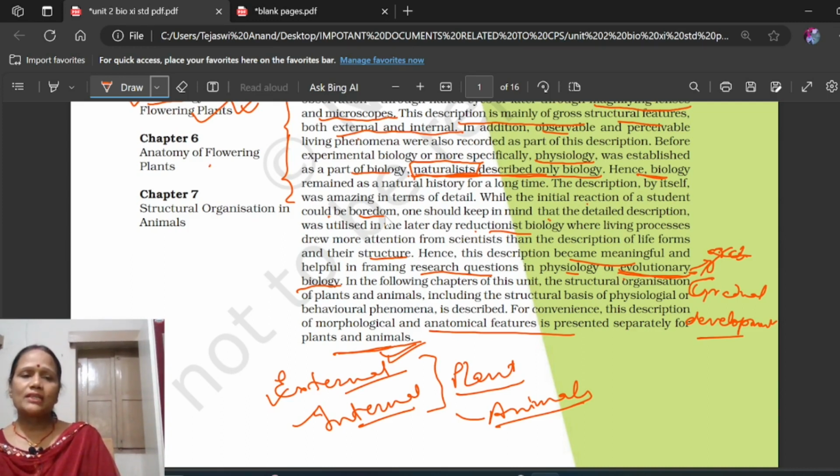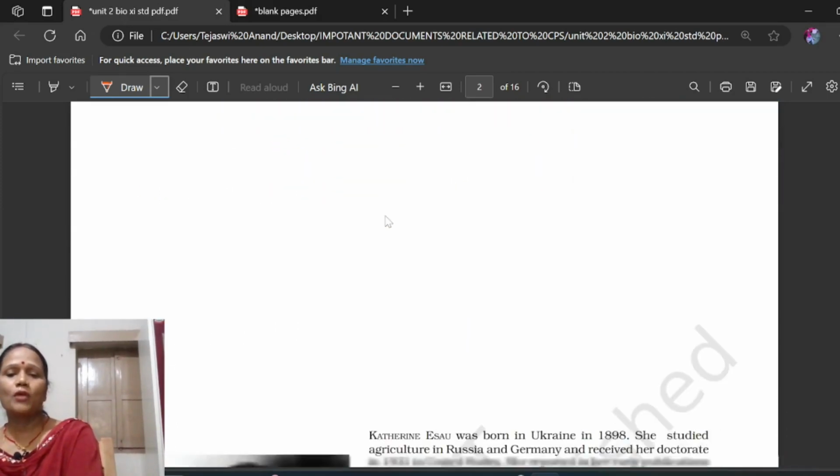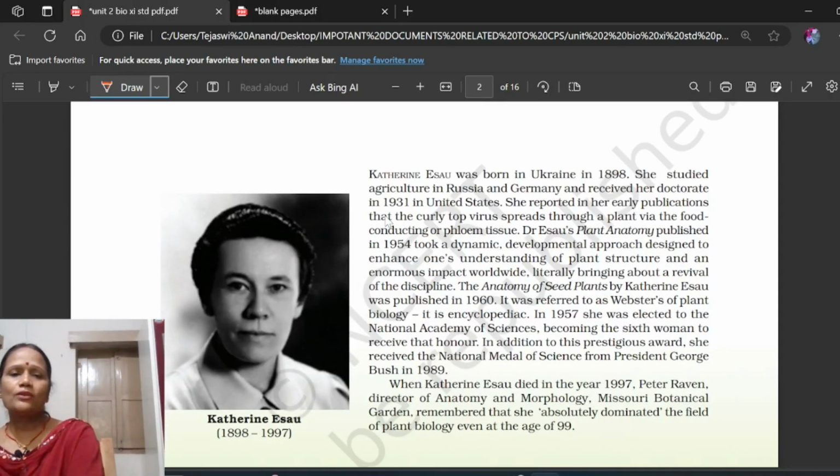In chapter 6, we shall study anatomy of flowering plants. In chapter 7, we shall study structural organization. So let us study the first chapter, chapter 5, that will be structural organization in morphology of flowering plants. We can now understand the scientist related to this chapter,